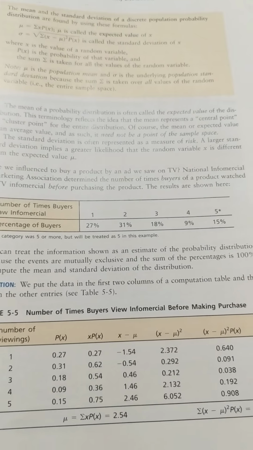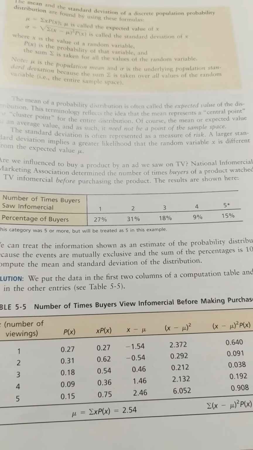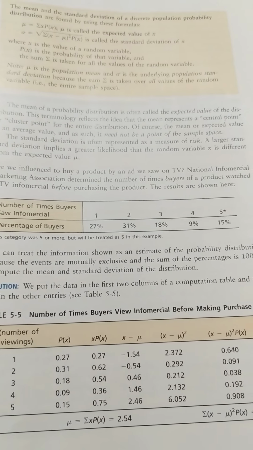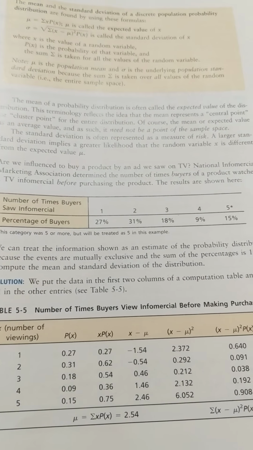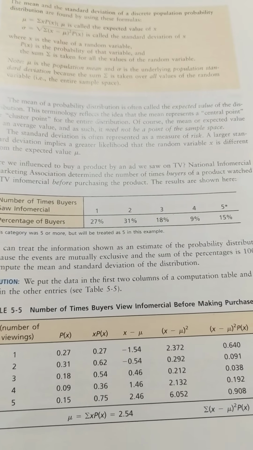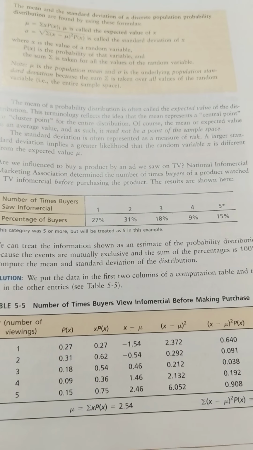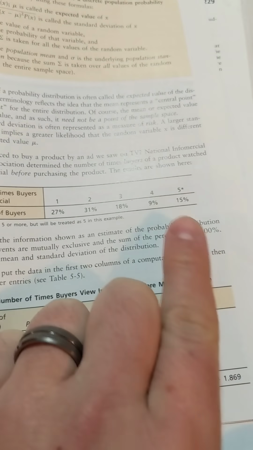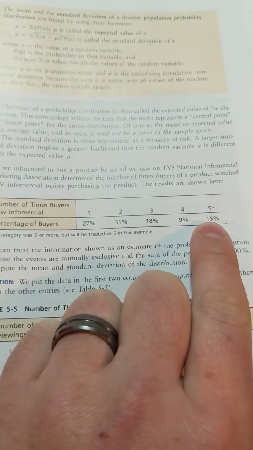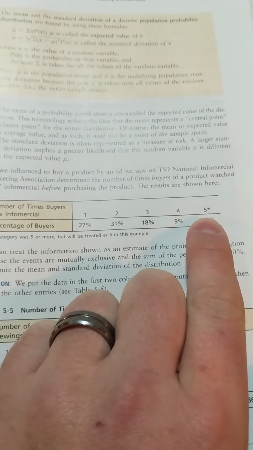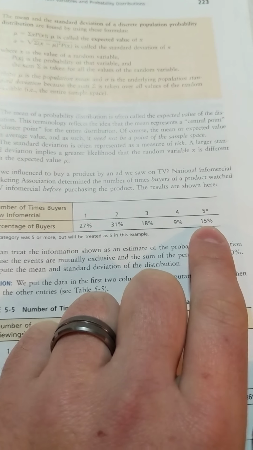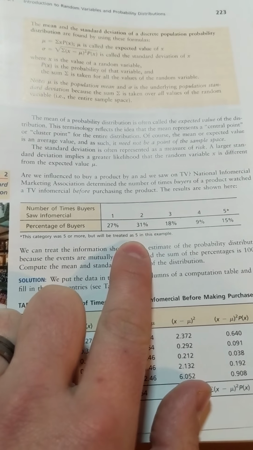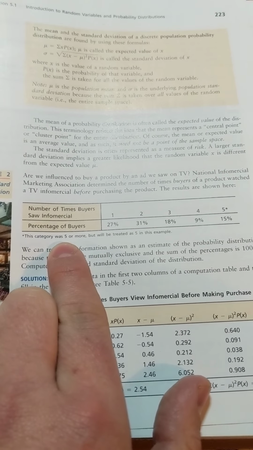So according to this table, 27% of all the people that bought the product saw the infomercial once before they purchased the item. 31% of the buyers saw it twice before they decided to buy the item, 18%, 3, etc. Now this 5 asterisk at the end is very important because this represents 5 or more. Maybe someone watched the infomercial 500 times and then decided to buy the product. They're part of the 5 or more category. We can't use a range, so we're going to use 5 in this example to represent the 5 or more